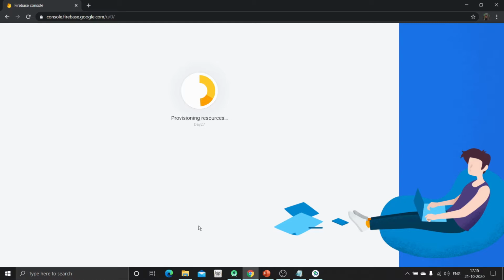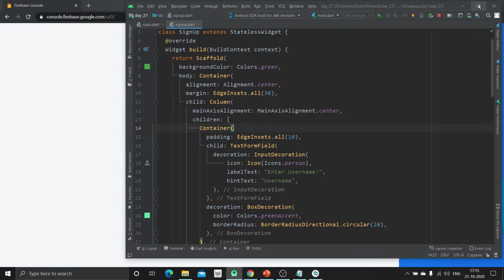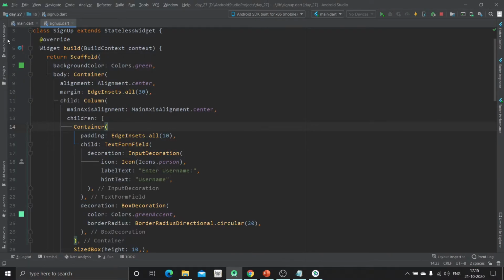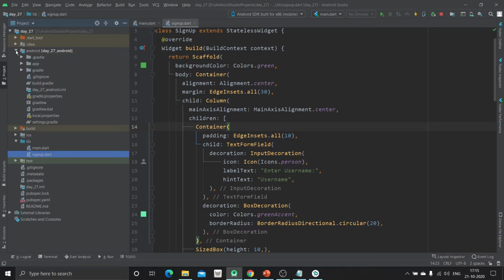After that we have to add the package name inside that. You can get the package name of your app by going inside this Android gradle.